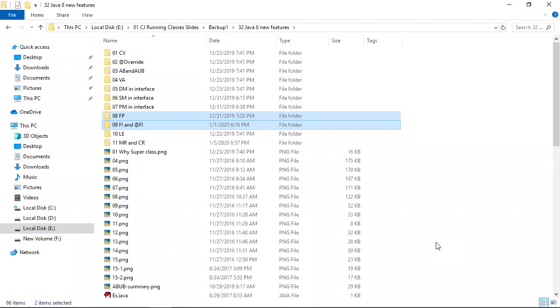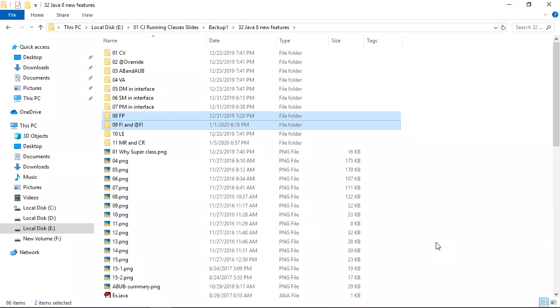How can I tell the compiler this interface is a marker interface? Is there any explicit concept to represent it is a marker interface? No, that is just a communication between two developers. There is no special syntax for marker interface creation. Is there any special syntax for creating a functional interface? Yes, you can do it two ways.